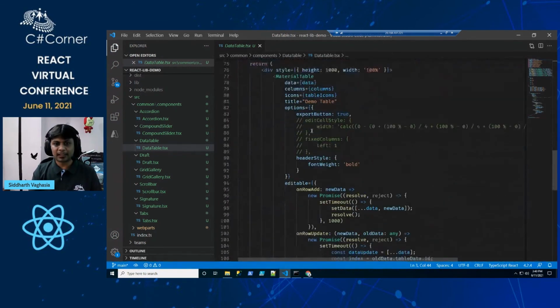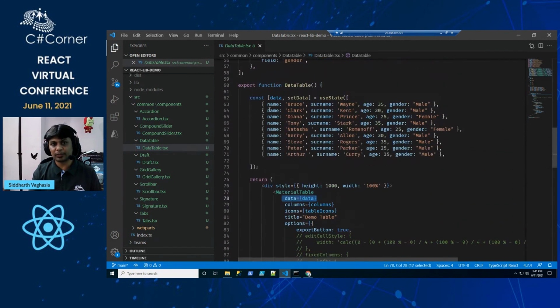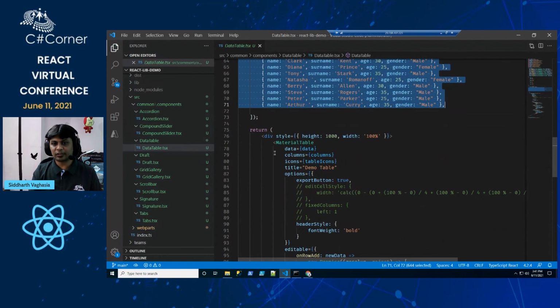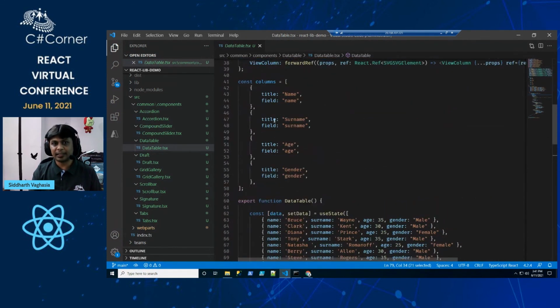Considering how you want to use it, you start with the material table. You specify data, which would be the specific data you want to show. In my case, I'm just using static data: name, surname, age, gender. And you specify columns, which should be an array, wherein you tell what the title should be and what field it should map to in the data.